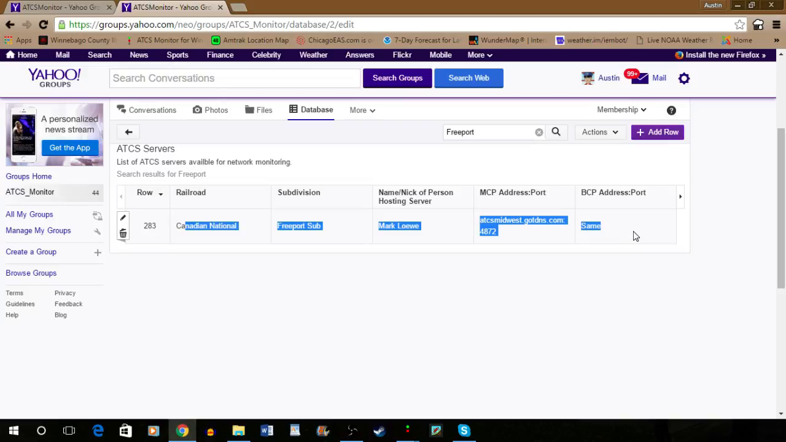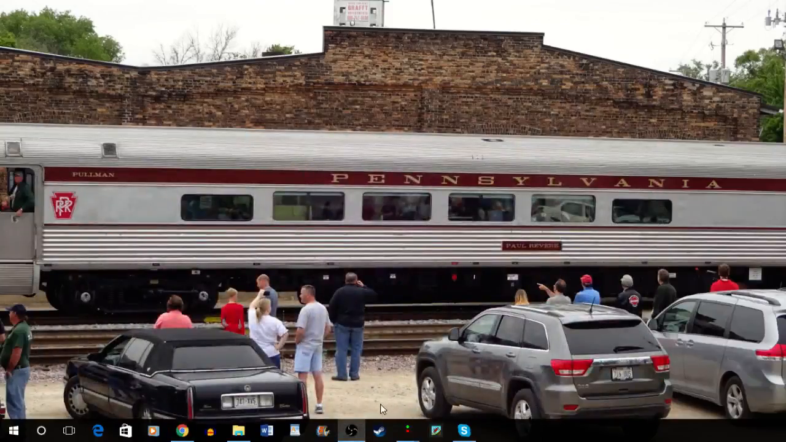This does not work. This right here, this ATCS Midwest.gotdns.com with the code of 4872 does not work. If you put that into the data source, it will not work. Go ahead, you can try it, it doesn't work. What does work,